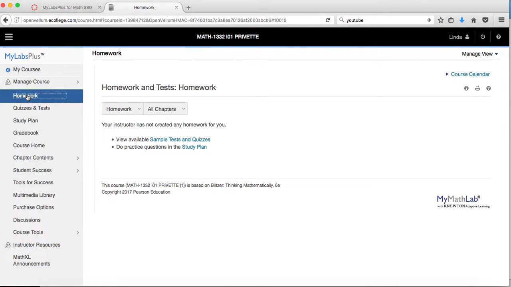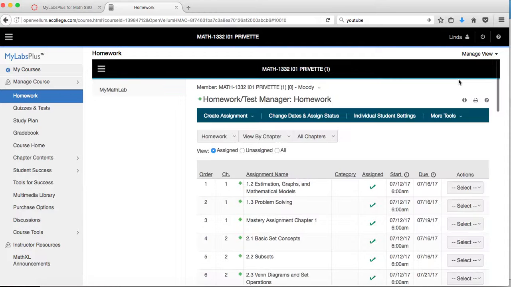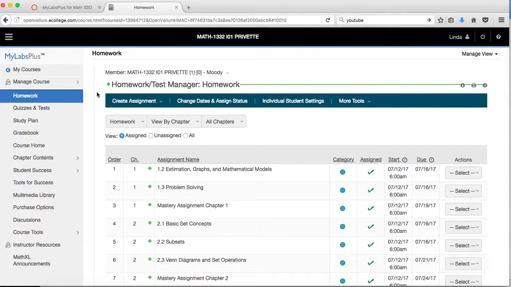Okay, now the course hasn't started yet, so nothing is listed here. But typically, when you go into homework, or actually on your home page, you'll see a list of your homework assignments. Okay? And so you just go down the list and tick them off. Again, since the course hasn't started yet, nothing is visible, but let's